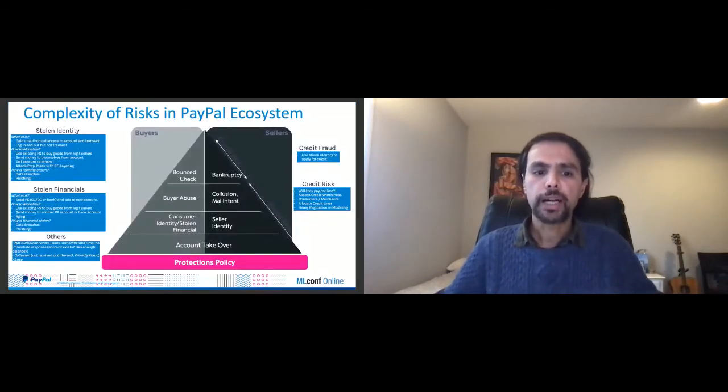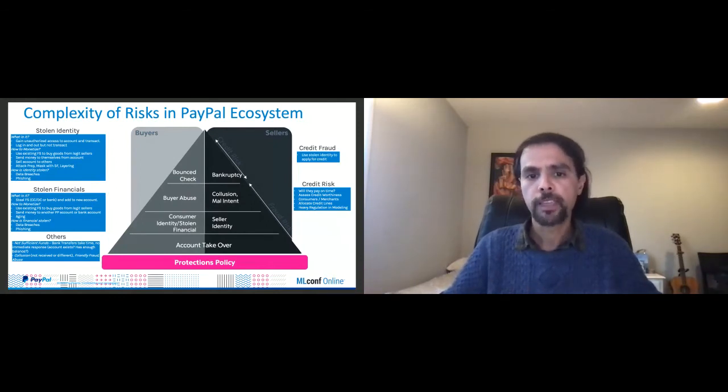Now, in terms of the kind of fraud patterns that happen at PayPal, just to give you a very quick sense of it, since we've looked at scale and we've also looked at some of the motivations that come from the heterogeneous ecosystem. We first of all have stolen identity type of fraud, which actually simply occurs when a fraudster gains unauthorized access to a given wallet or to a given PayPal account. We could also have stolen financials, where you could have a stolen instrument such as a credit card or a bank account that is stolen by a fraudster,